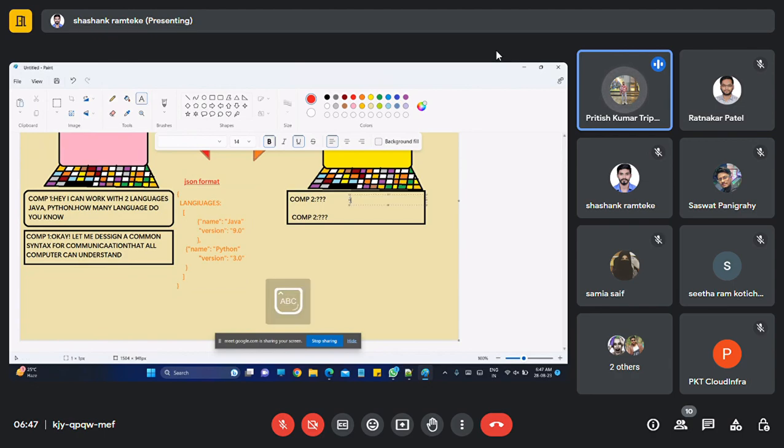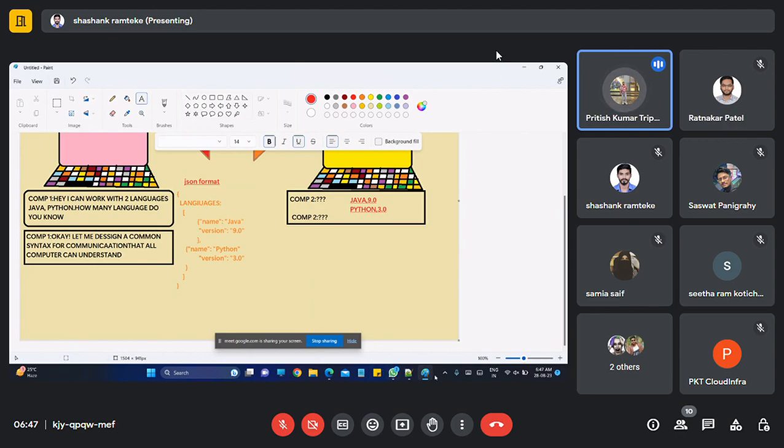Now in output it will show Java and 9.0, then Python, and it's 3.0. He will mention this also if it is matching. Similarly, they can do anything.